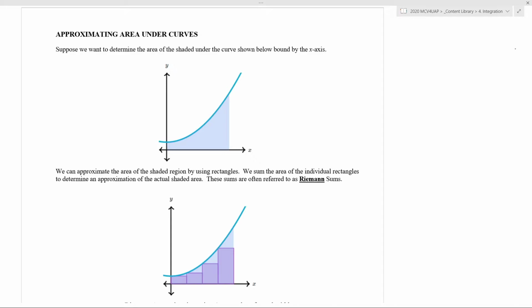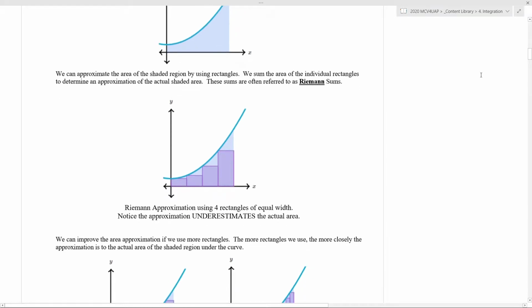Okay, now if we look at the second diagram there, what's been done there is we've used 4 rectangles with the same width. So each one of those rectangles has the same width, but the heights differ. They're all different heights. And if you were to add up the area of those rectangles, you would get a really rough approximation of the exact area. And you can see from that diagram, it's an underestimate of the actual